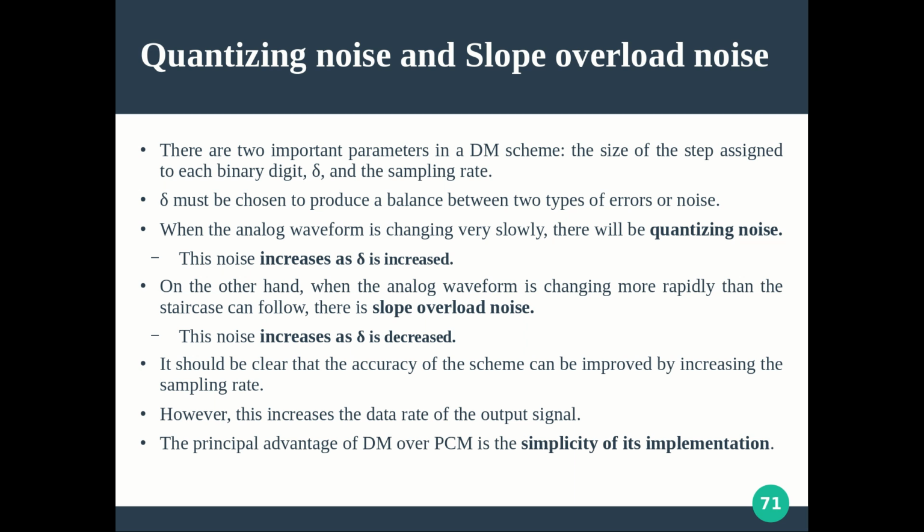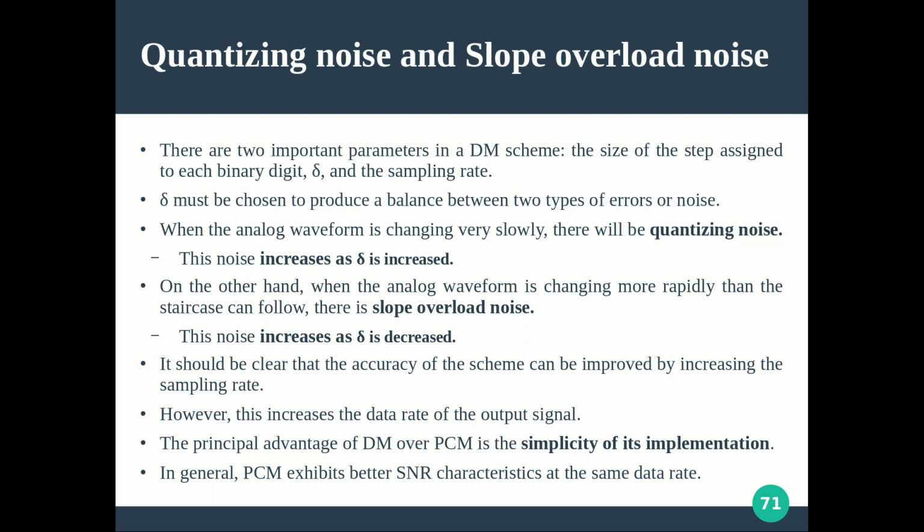Now, the principal advantage of delta modulation over PCM is the simplicity of its implementation, because simply an up and down movement by using a comparator is enough. But in the previous case, you saw you have to note down the sampling value, you have to do the digitization or the quantization. Then you use an encoder, and you convert everything into some 4 bits or 8 bits. So that much complexity is not here, and the data rate is also significantly improved. With fewer bits you can represent the same amount of information as PCM.